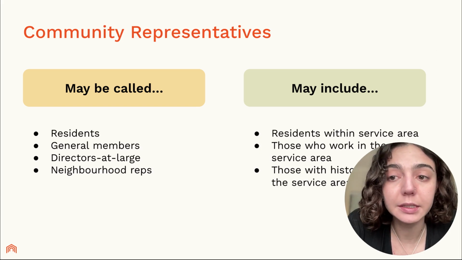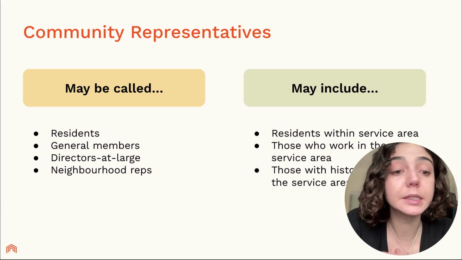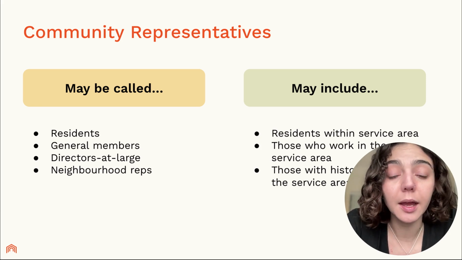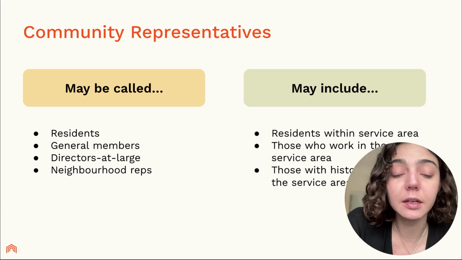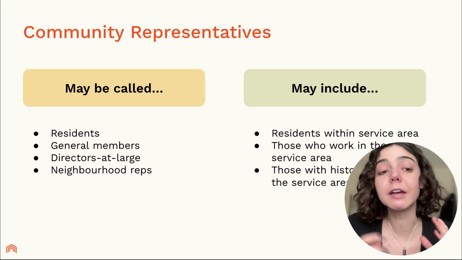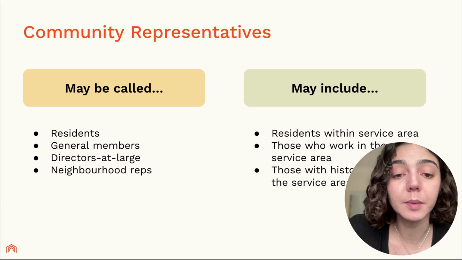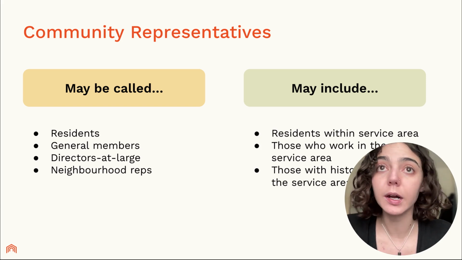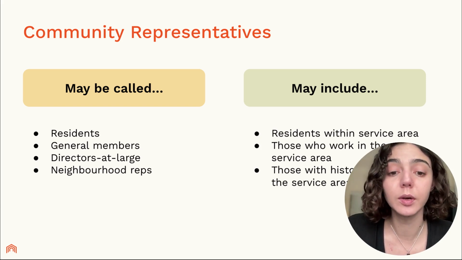So another category is community representatives. They are people who live or work in the organization's service area, which could be a neighborhood, a city, a county, an island, or it could be constituted a bit differently. It could be not based on geographic boundaries, but based on people with a historic connection or other sorts of ties to a given area,